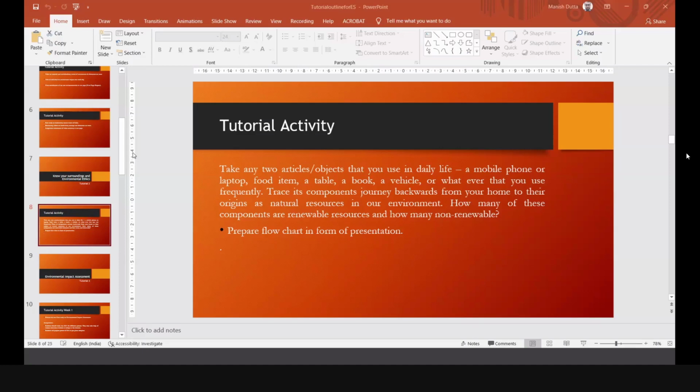Keeping two tutorial batches on Google Classroom is difficult because once your batch gets changed, you will again have to leave one classroom and join the other. This is going to create confusion for you also. Some of you were asking me this question itself. So let's make it simple. There will be one Google Classroom of tutorial, not T1 and T2, and all will be joining over there and doing your submissions over there. As simple as that. Okay, is that clear?